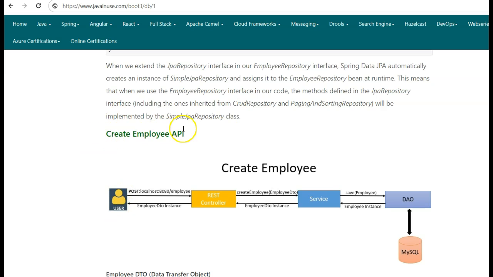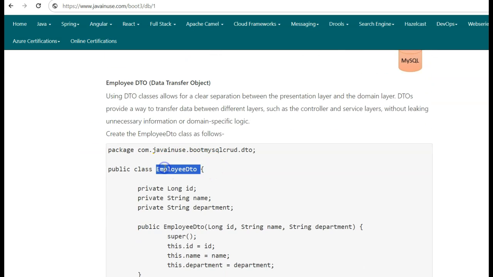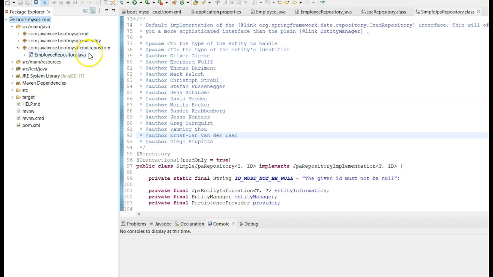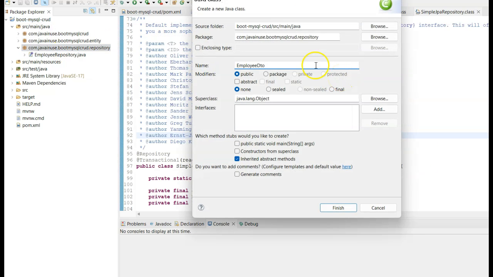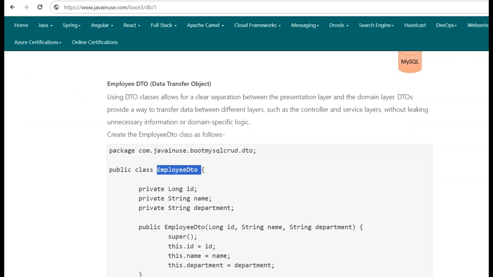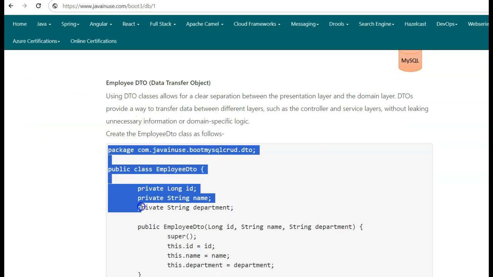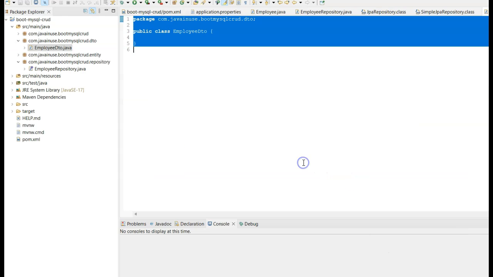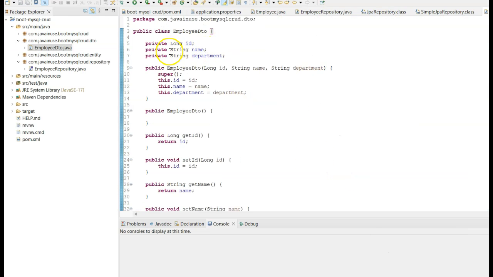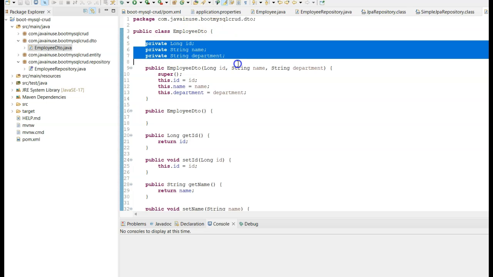So let us implement the create employee API. Let us first create the EmployeeDTO class. Go to Eclipse, and here we'll be creating a class named EmployeeDTO. Package will be the dto package. Copy the contents of this class. So for us, this EmployeeDTO will be having fields similar to the Employee entity class, that is id,